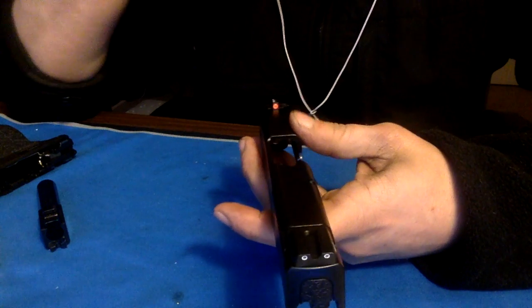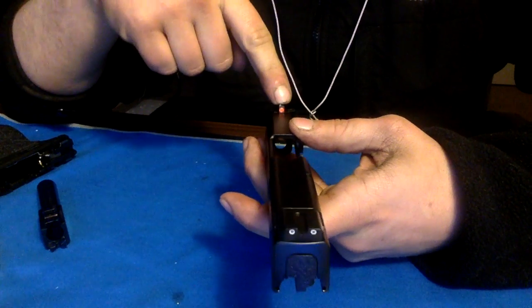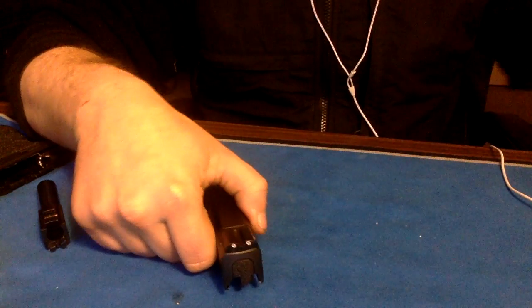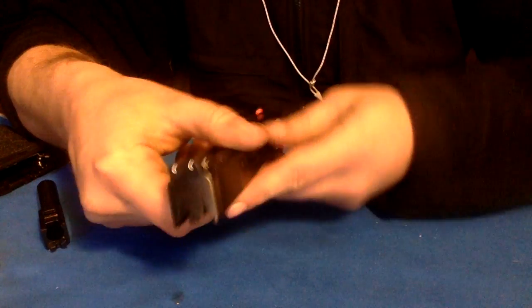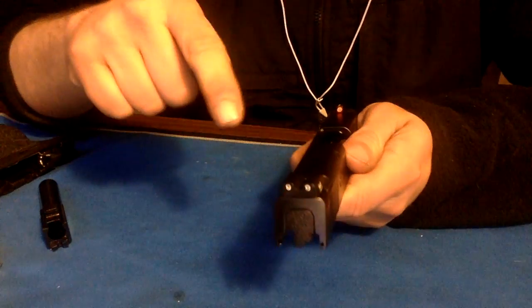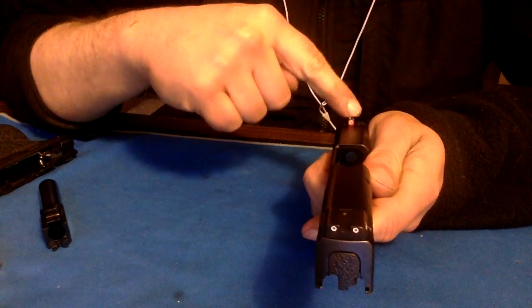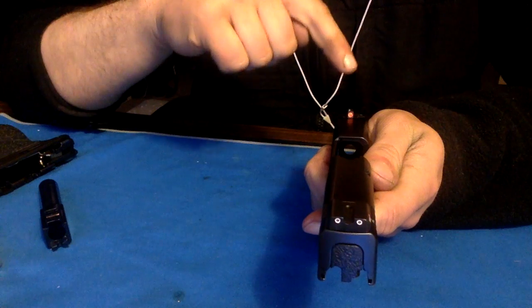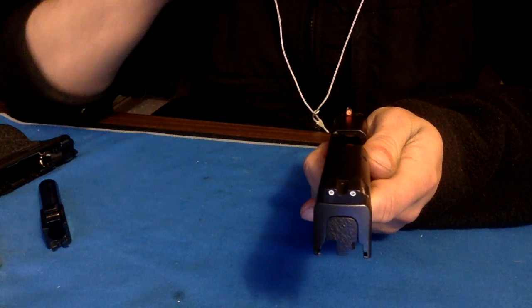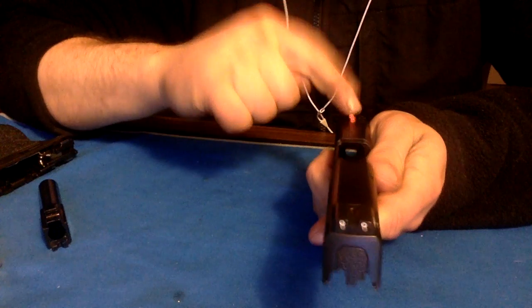And for me, trying to front sight focus, I have terrible eyesight, and I wear bifocals. So when you're trying to front sight focus on like white and white, and what I'll show you here in a minute is the TruGlo TFXs, unless there's either a really bright front sight or really high contrast between the rear sights and the front sights, I really struggle. So this contrast of the white and the orange is fantastic for me to be able to front sight focus. And since I put these on here, my shooting has definitely improved. I don't know by how much, but it's a noticeable improvement with these sights,